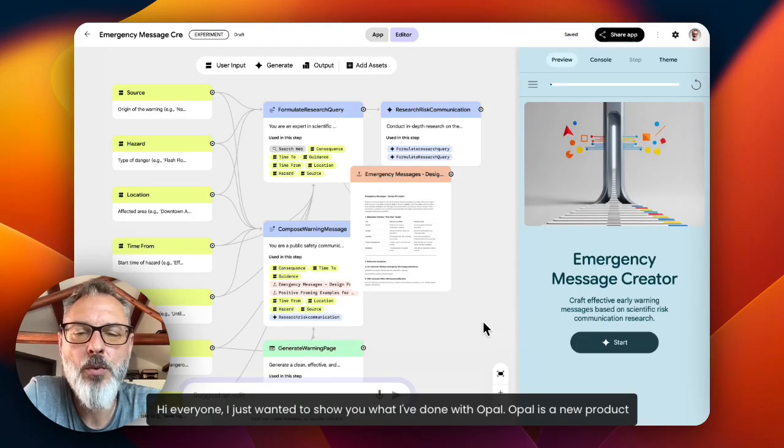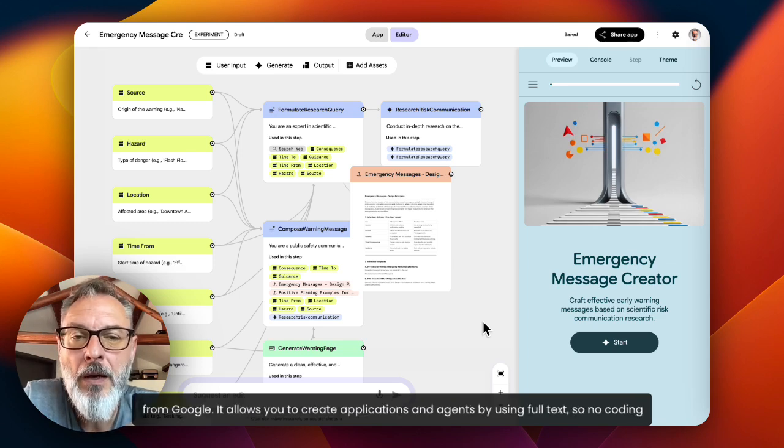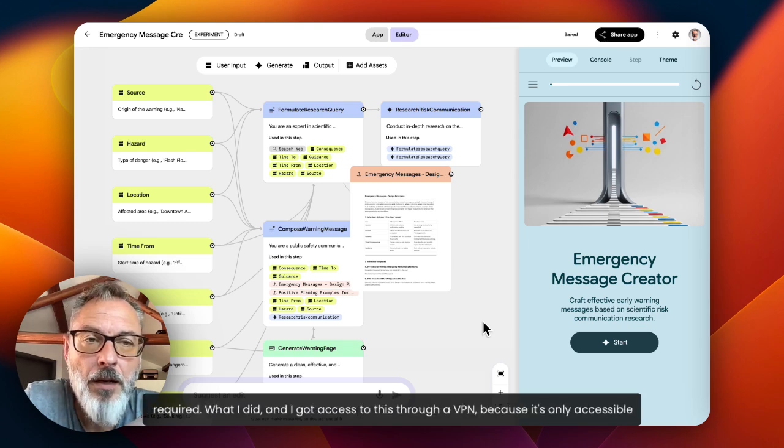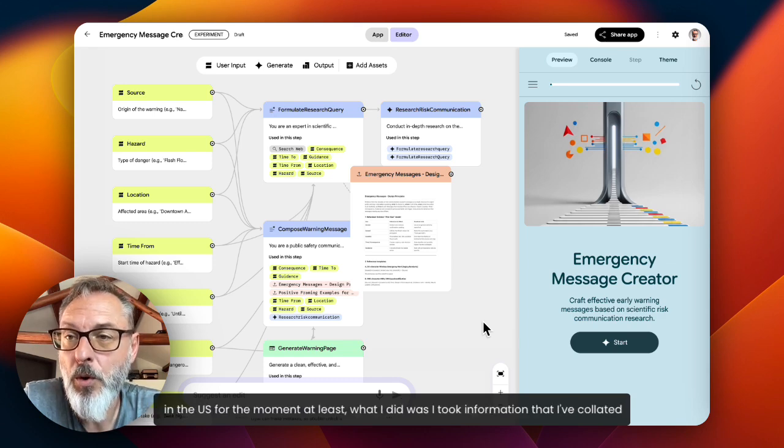Hi everyone, I just wanted to show you what I've done with Opal. Opal is a new product from Google. It allows you to create applications and agents by using full text, so no coding required. What I did, and I got access to this through a VPN because it's only accessible in the US for the moment at least. What I did was I took